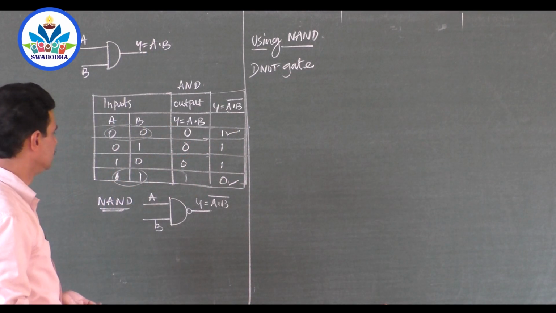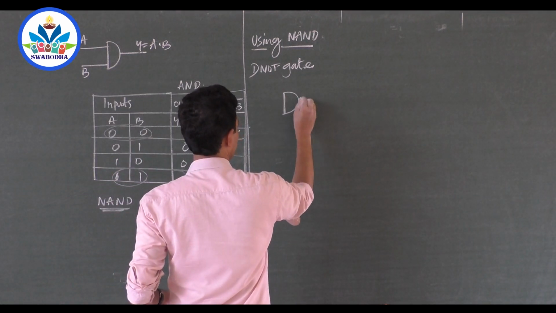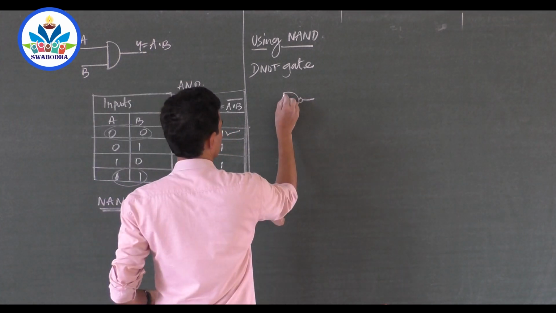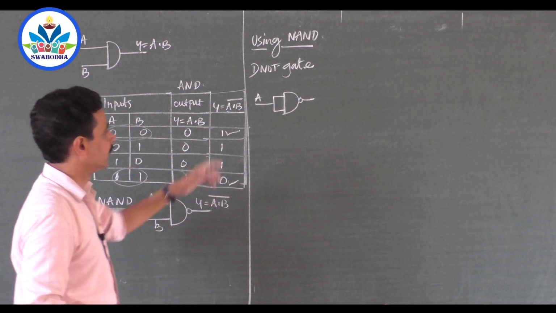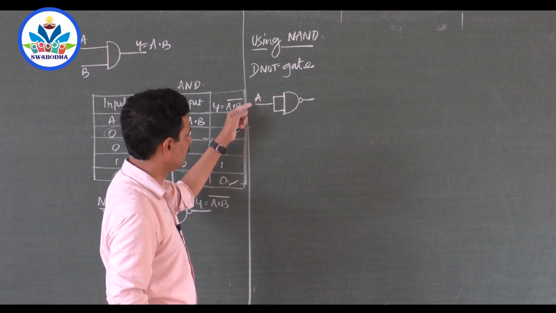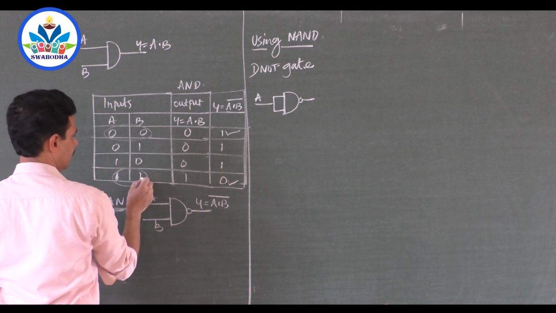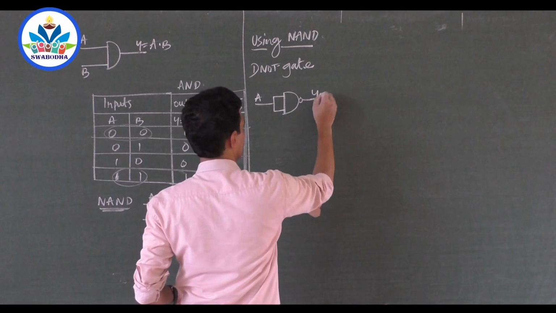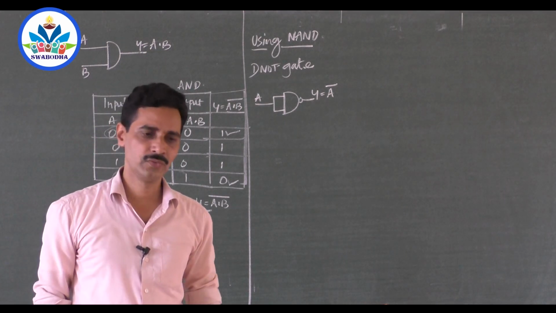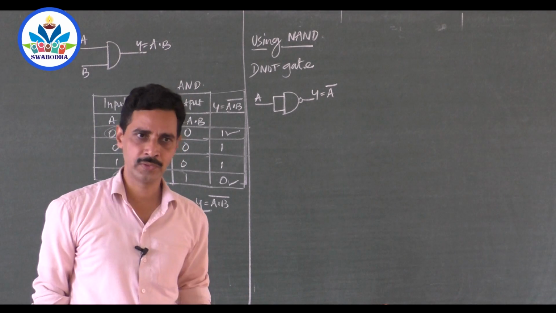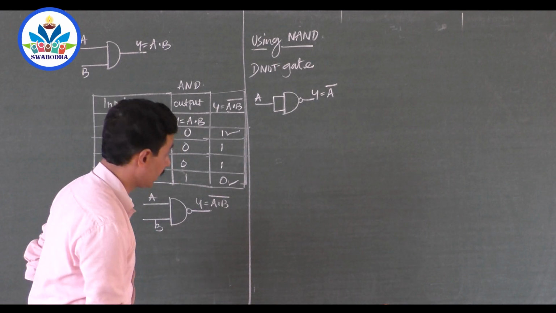What you have to do? Tie the inputs of NAND gate. When you tie the inputs of NAND gate, NAND means you should have a bubble here. Tie the inputs like this. So you can have only one input now, A. Because if you give 0, both will get 0. If you give 1, both will get 1. But when both are zeros, output is opposite. 1, output is opposite. So shall I write Y is equal to A bar? Right? If we tie the inputs of NAND gate, you will get an output which is the complement of the input. You got it?